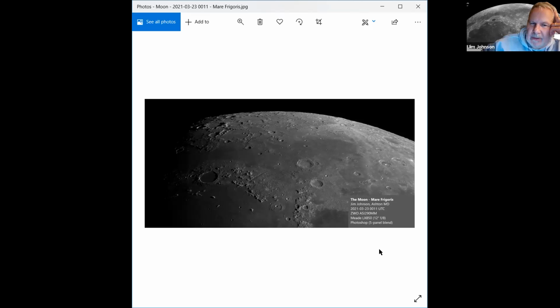As you saw with the processing I did, there's absolutely nothing hard about this. The image you see behind me now is where I attempted to capture the full disk of the moon the way Phil did with the one behind him. I had some issues with it.